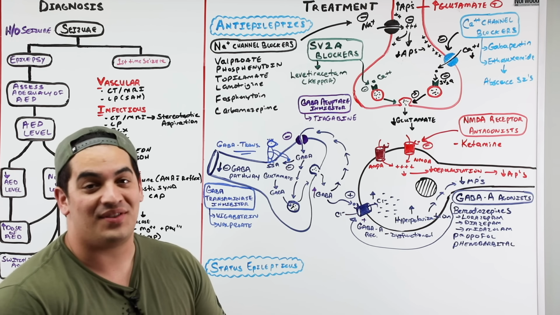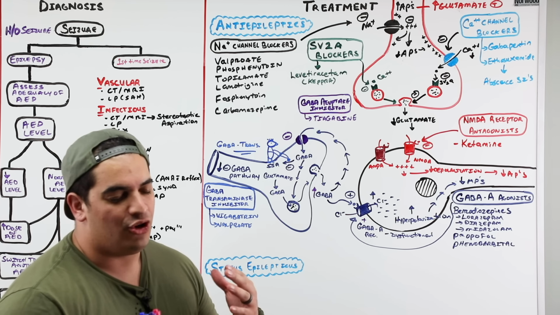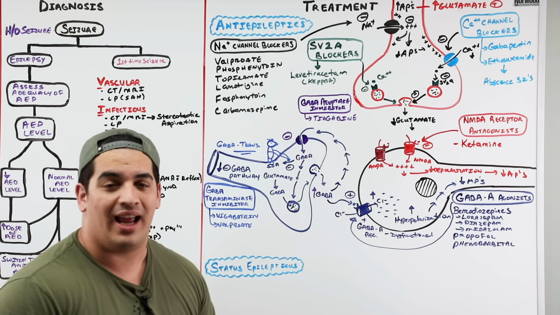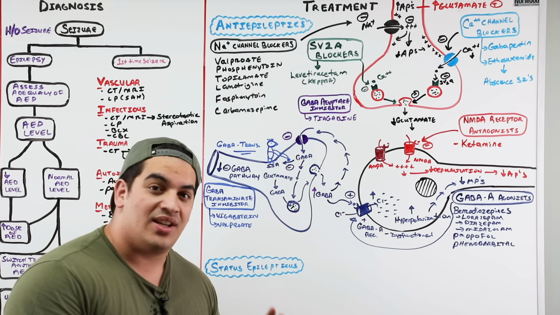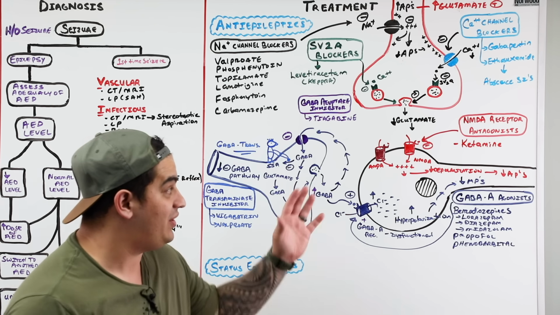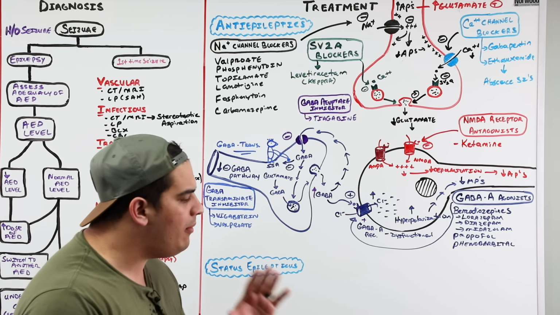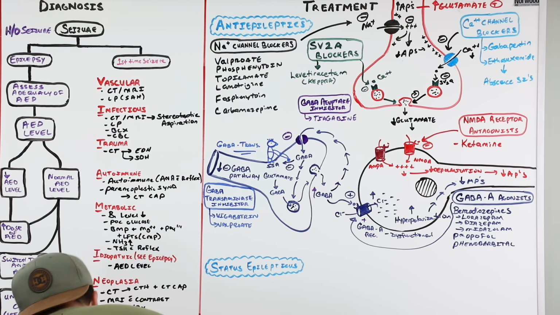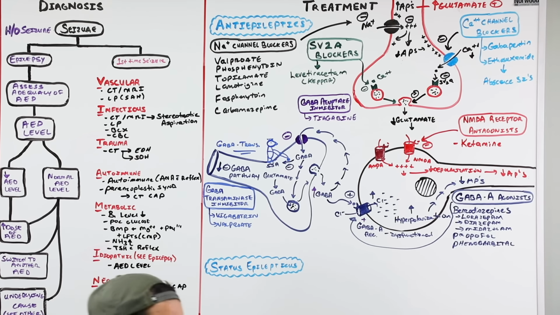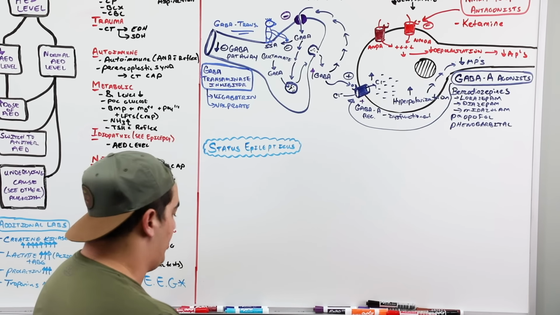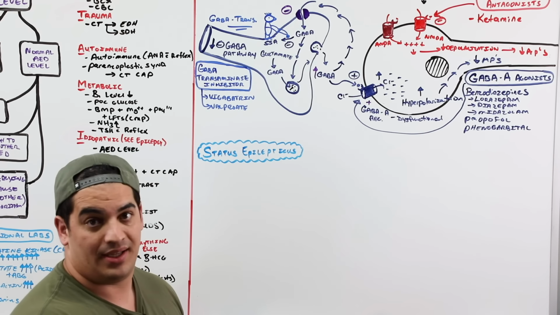Okay, we've stabilized these patients by doing what? Reversing their underlying cause, if it was reversible. Putting them on anti-epileptics. And if they still had a cause that we couldn't reverse, we should keep them on these anti-epileptics consistently. Now, there's one more scenario, an extremely emergent complication that can arise from seizures. And that complication is known as status epilepticus.